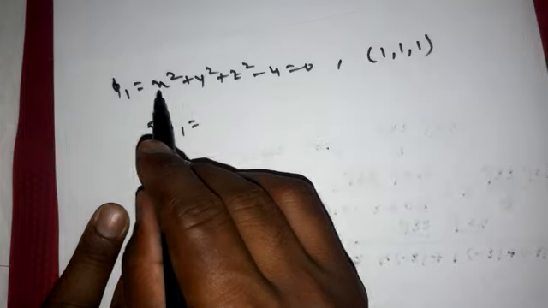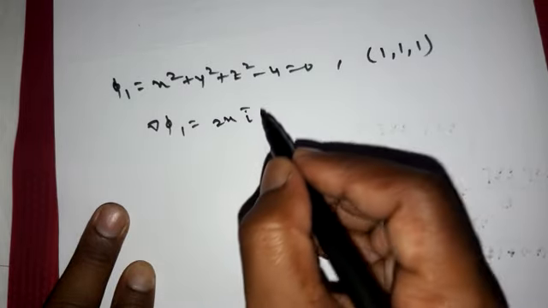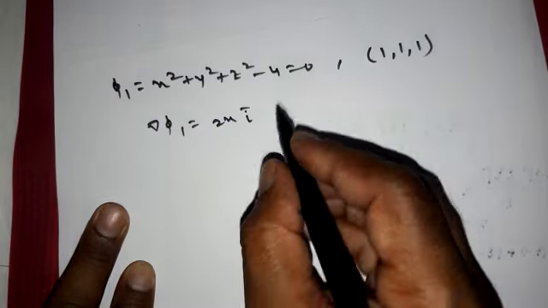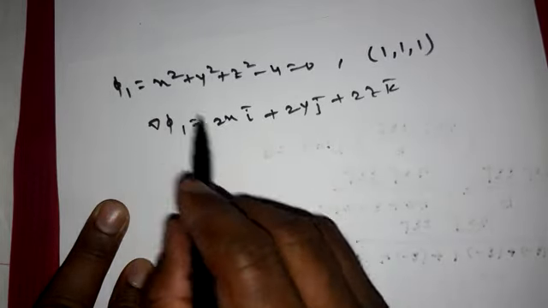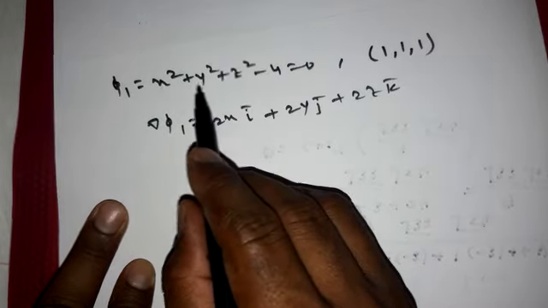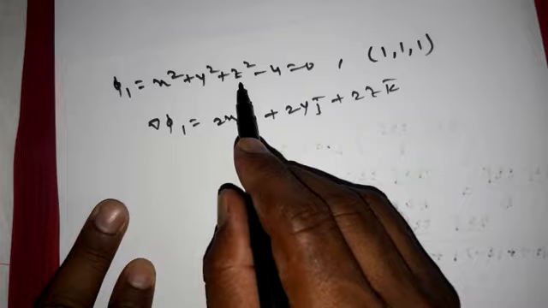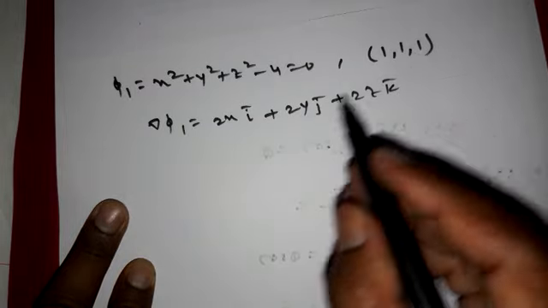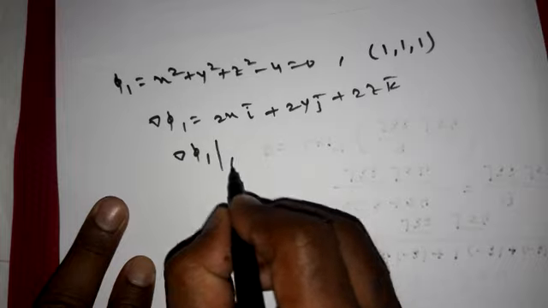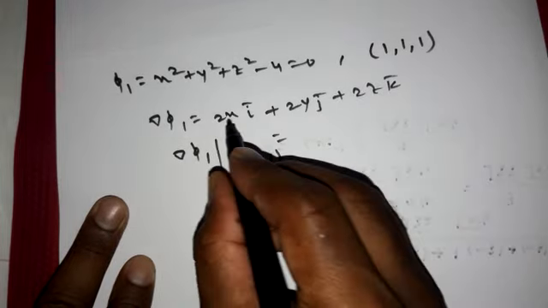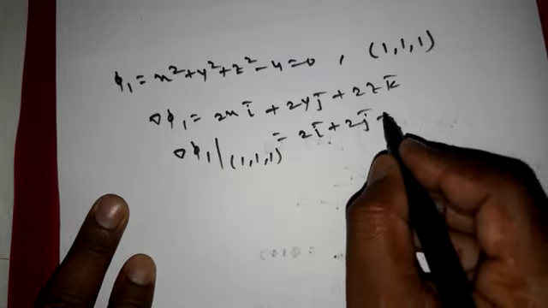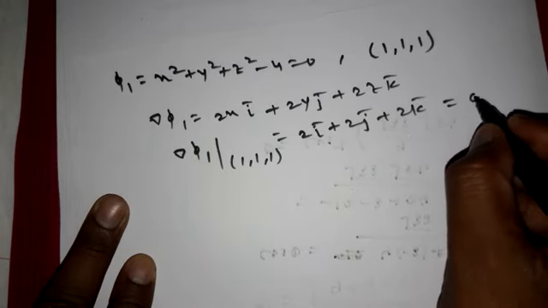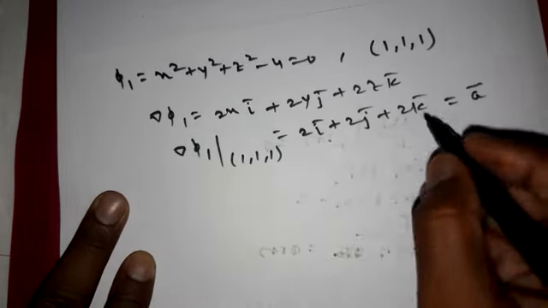Will you take the derivative directly? The derivative with respect to x is 2x, so 2x I bar. Next is 2y j bar plus 2z k bar. Understood? Derivative of x square is 2x, others 0, so 2x I bar. With respect to y, 2y, others 0, so 2y j bar, then 2z k bar. At which point? (1, 1, 1). So del phi 1 at point (1, 1, 1), just put the values of x, y, z as 1, 1, 1, is 2I bar plus 2j bar plus 2k bar, and I call this vector A bar. This is the notation A bar I have given.